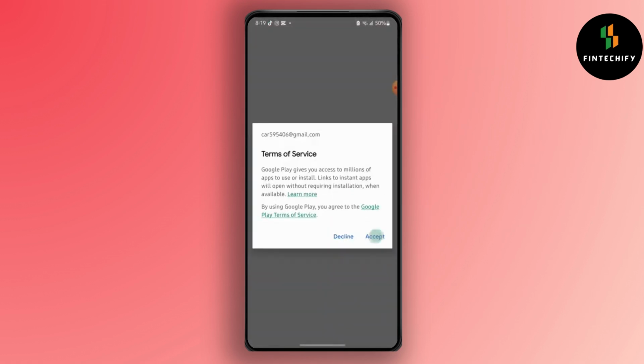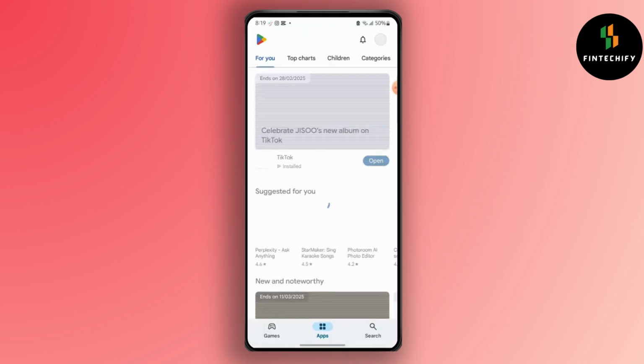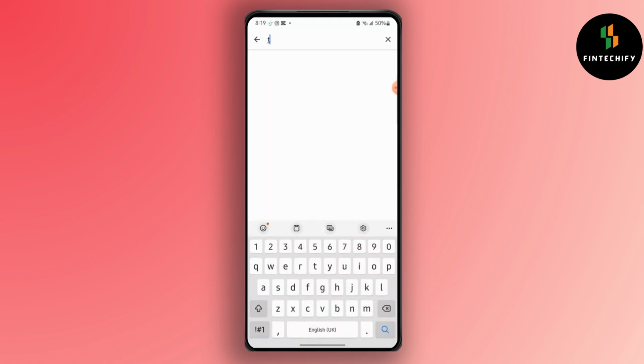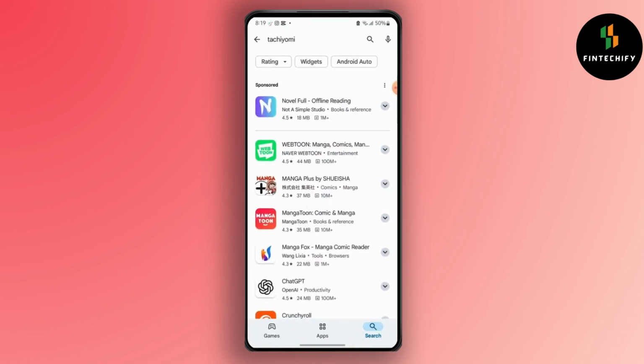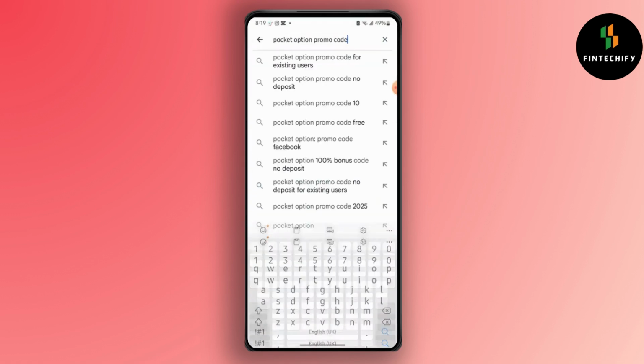First, launch your Play Store and then go to the search bar. After that, simply search for Tachiyomi. Now, if you cannot find it in your Play Store or your App Store, simply go to Google or your